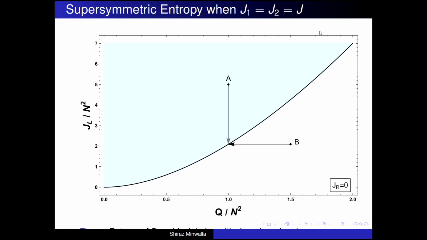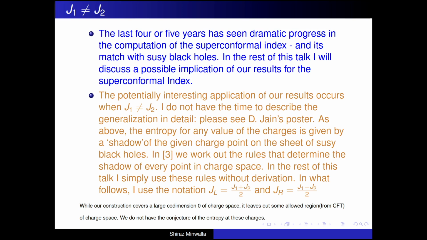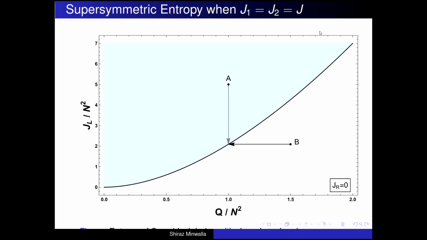Okay? In particular, when we fix Q1 equals Q2 equals Q3 equals Q, and J1 equals J2 equals J, on this plane of J versus Q, there's this Gutowski-Reall line that I've drawn here. Anything to the top of the Gutowski-Reall line, there's a solution which is a supersymmetric gray galaxy, and its entropy is given by just projecting down onto the Gutowski-Reall entropy. Anything to the right of the Gutowski-Reall line, the solution is the supersymmetric dual giant, and its entropy is given by projecting left. Okay.